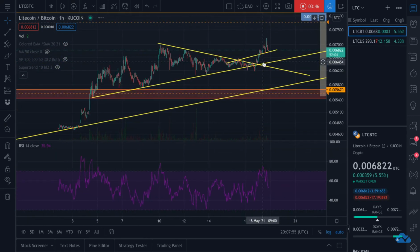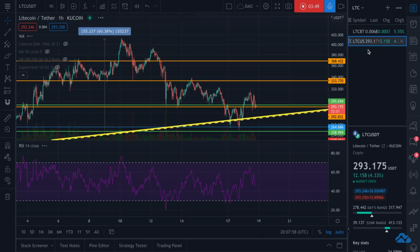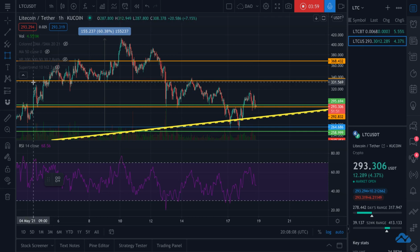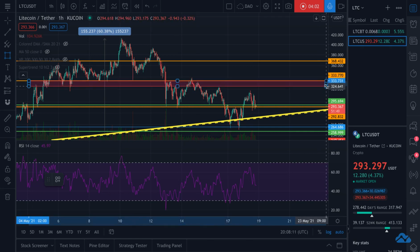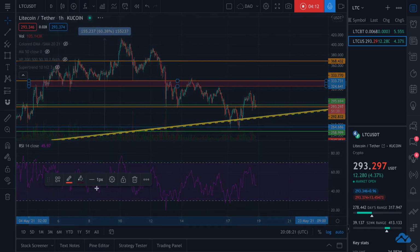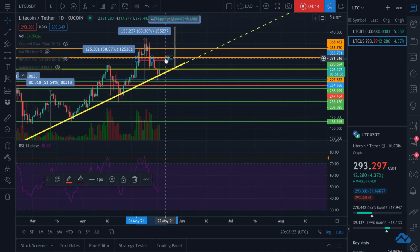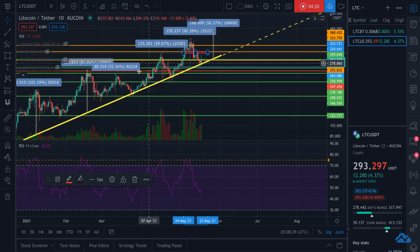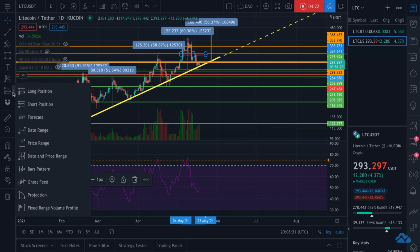I believe everything still looks pretty bullish. I think we are sitting on some pretty good supports to buy at, and just be aware of this region here. I'd be aware of this entire region here from like 324 to 330, as that will play pretty significant resistance as we try to make our next move up. But if you're just buying a spot and you're looking for the next real exit, I would say that next real exit is going to be in the range of, I'm putting it at 540, because